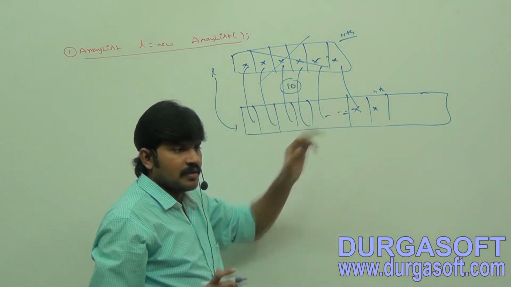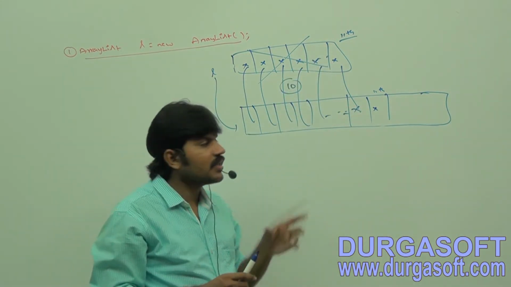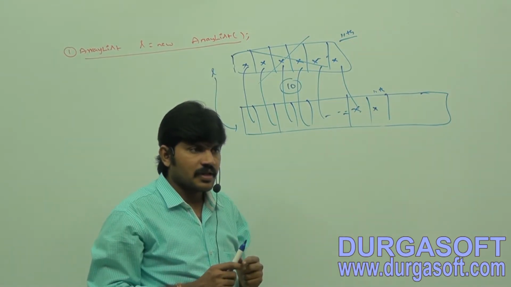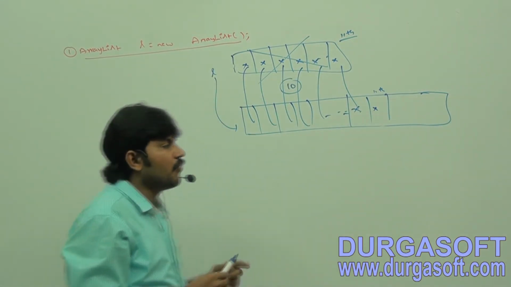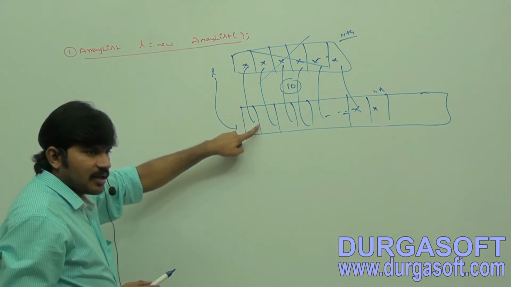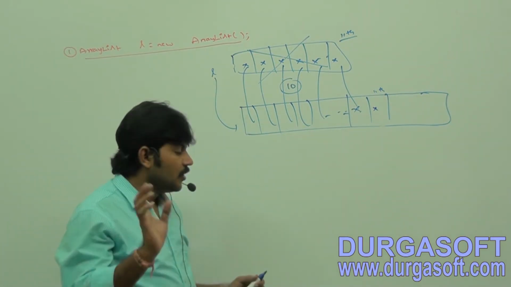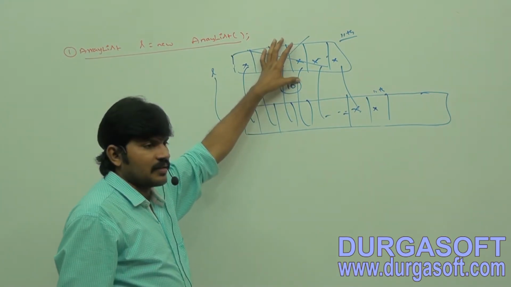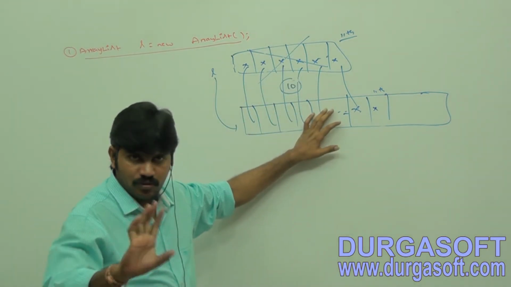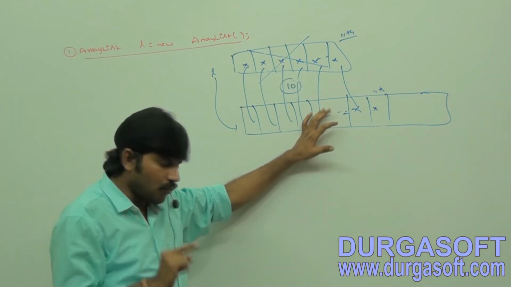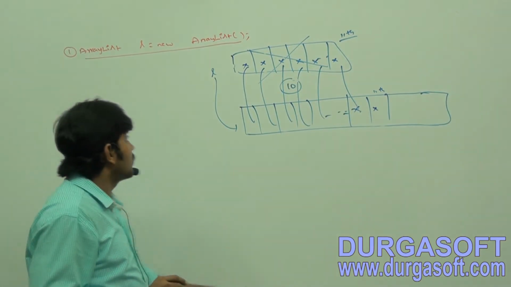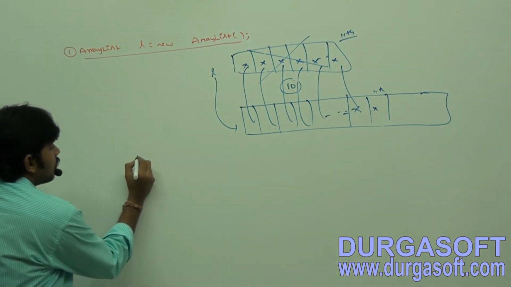Now my question is, what is the capacity of this new object? In the case of ArrayList, don't say the old capacity is 10 so automatically this one is 20. No, it's not a double. There is a rule here. Just observe this one.